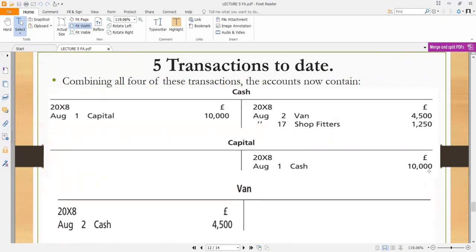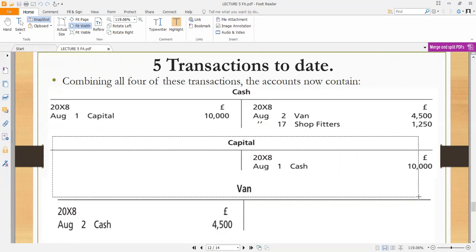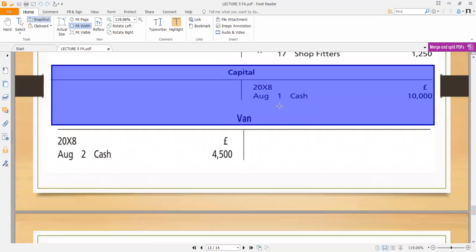10,000, right? Now that 10,000 came as a credit. That's when our business started. This is when our business started here, and further, at the time that this business was starting,